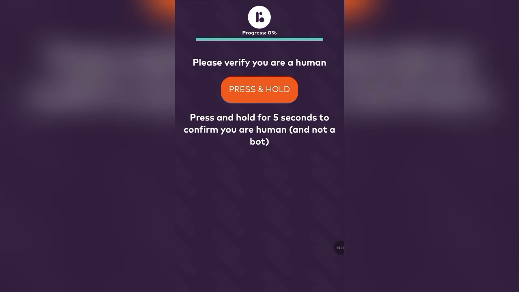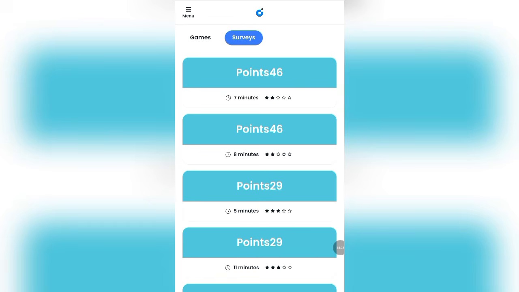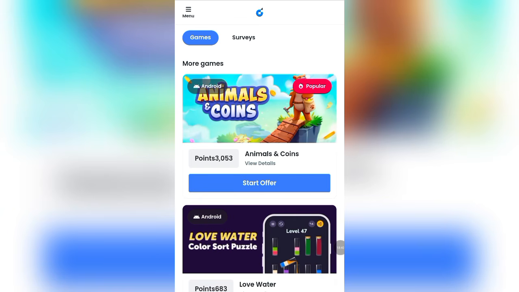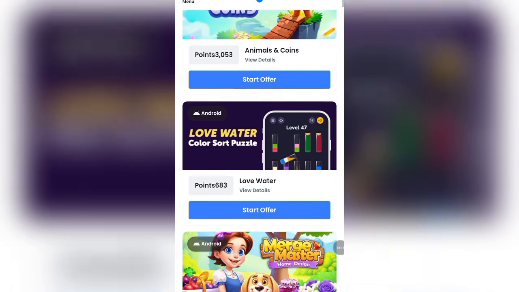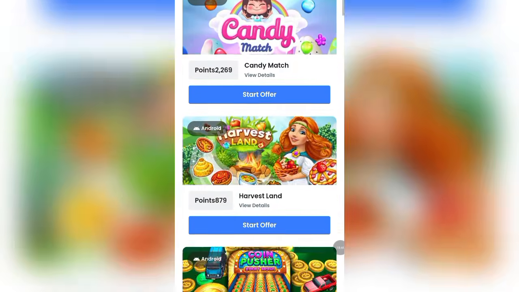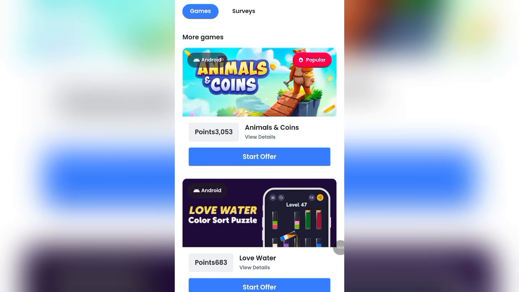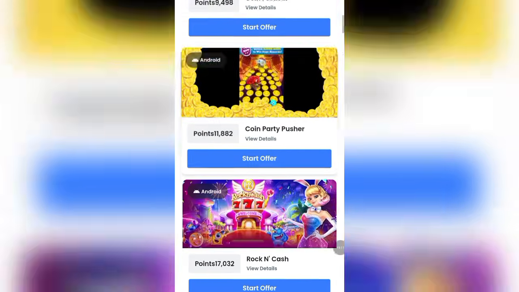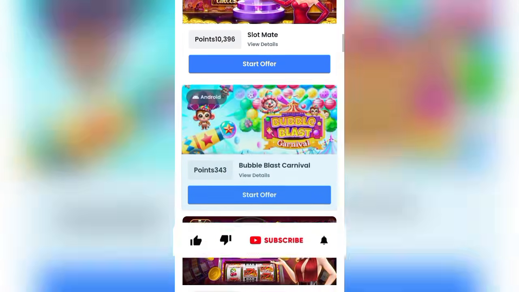It is user friendly, and the interface is understandable. You can also see that there are games on this particular survey platform, if you can have access to it. There's a method we follow in getting all these games on our phone and how we can navigate through them. Imagine having 3000 points. You can see that you're already above the withdrawal threshold. So these are the fastest means of getting more points on your account.